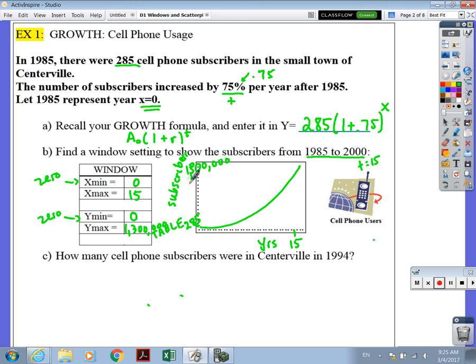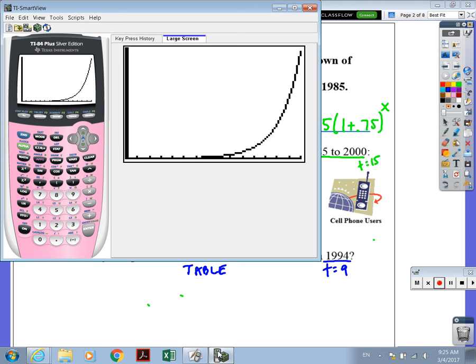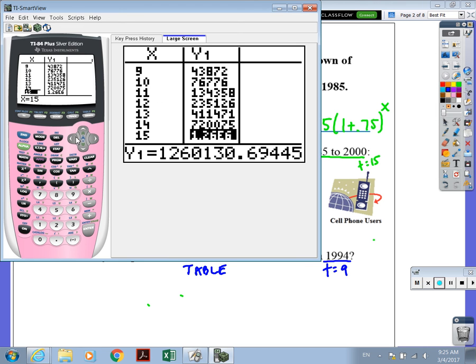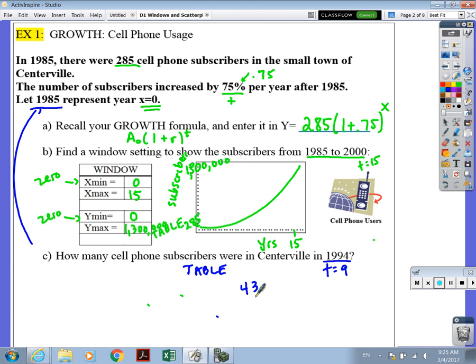Now they ask a question here. They say, hey, how many subscribers were there in 94? And if 1985 is your starting year, that would mean that this is year 9. A super easy place to get this information is just to go to your table. It has all those values in it. And in your table, if you look at year 9, it tells you there are 43872, that number right there. Those are people. So that's your final answer down here, 43,872